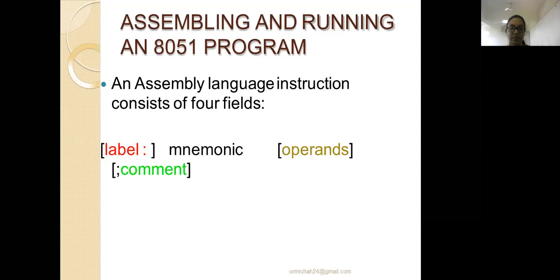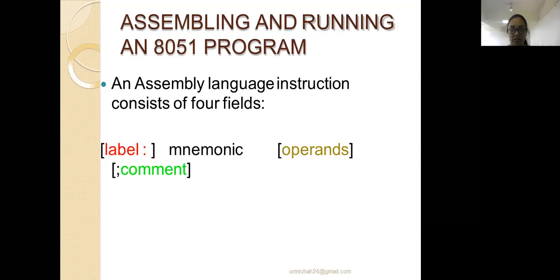So this is the general format of writing any assembly program. Label stands for any name of loop which you are going to define if you want to continuously perform that operation. And mnemonic stands for the instruction syntax which you are going to mention here. MOV, ADD, all these are mnemonics. Whatever instruction or operation you are going to perform, the mnemonic for that operation you have to mention here.